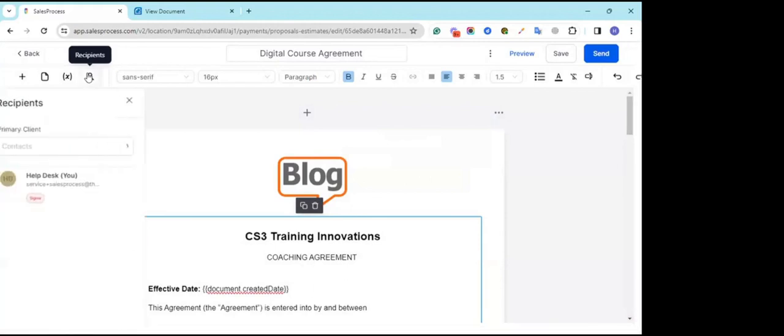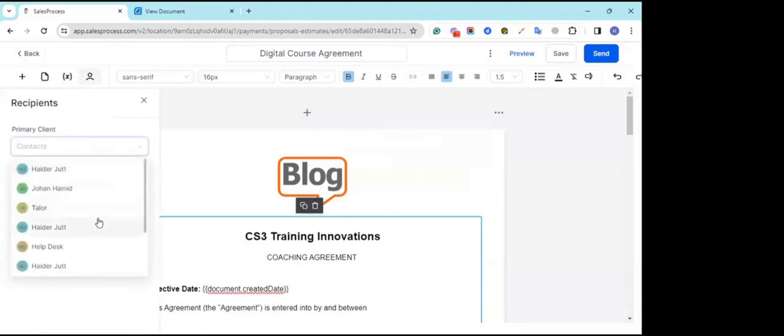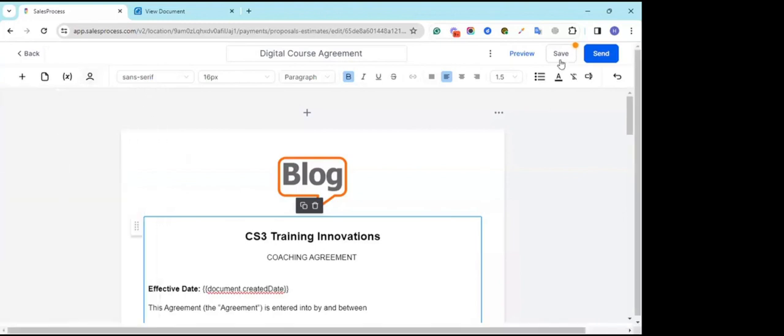So if you click on the recipients, you will see primary client. Who is the primary client? And this is going to populate all the contact list from our CRM. So right now I am going to send it to myself. So I am the primary recipient here. And if you wanted to add more recipients, that's up to you. Otherwise, it's totally fine. So I'm going to use this and click save,